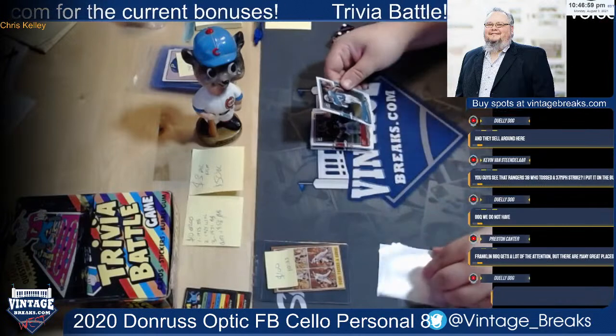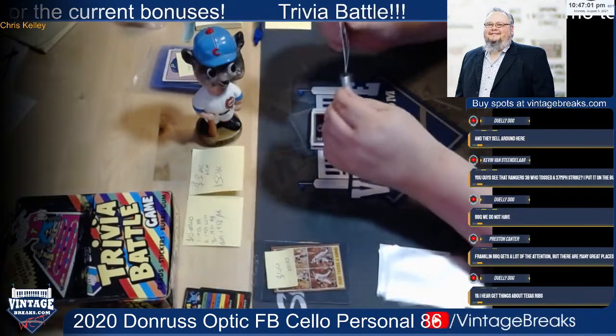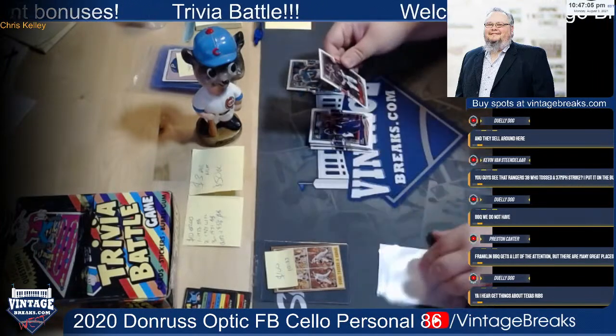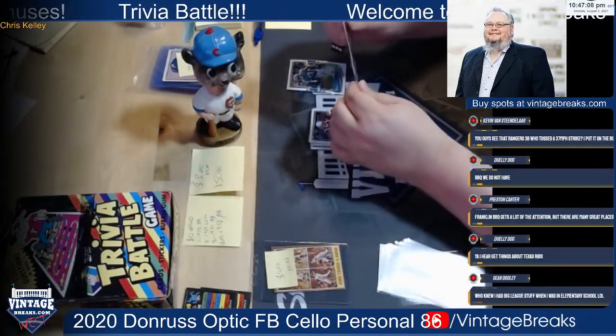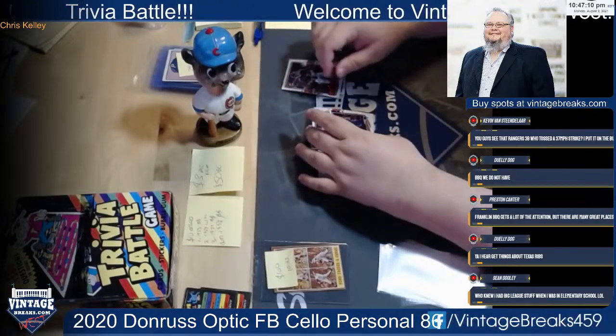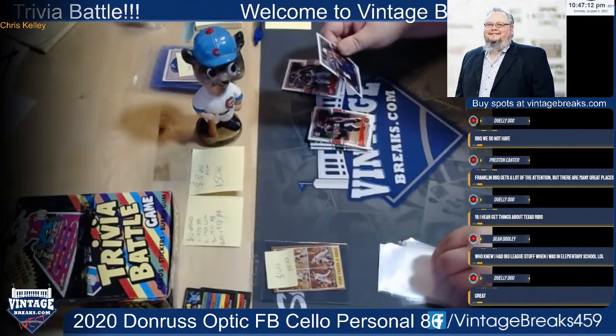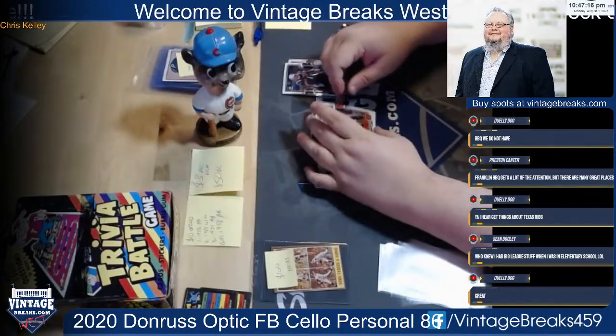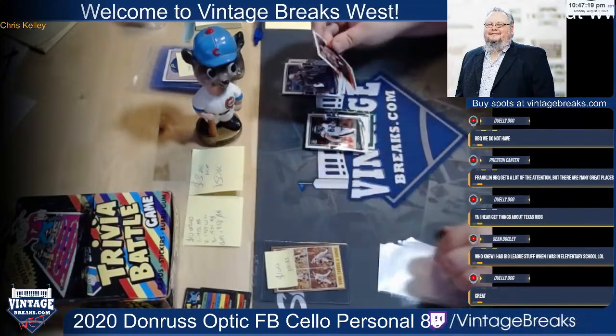I'll just show you the rookies. They're hits, but I'll sleeve them all up. DJ Chark Jr., Matt Ryan, Cam Newton, Joe Mixon,